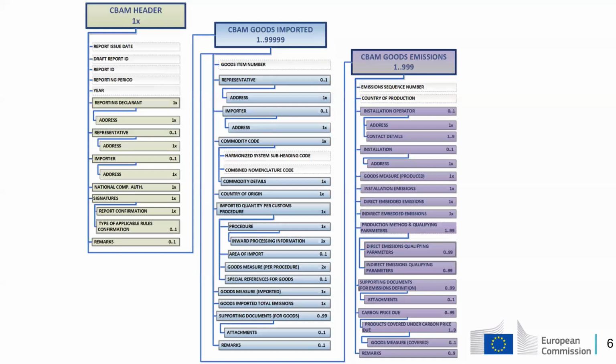Now, every good has at least 1 emission entry, what is called the installation entry.